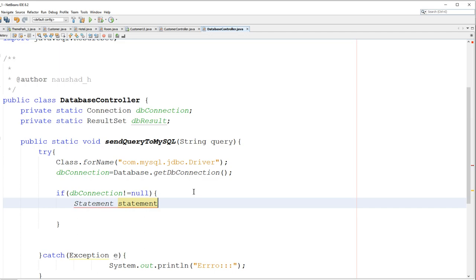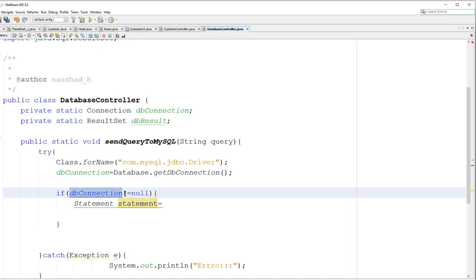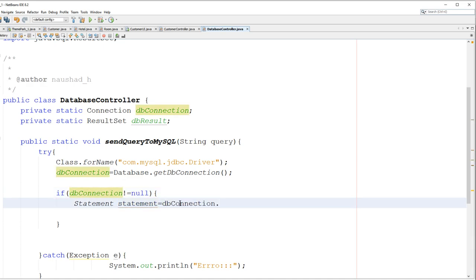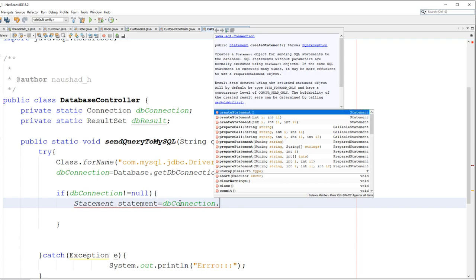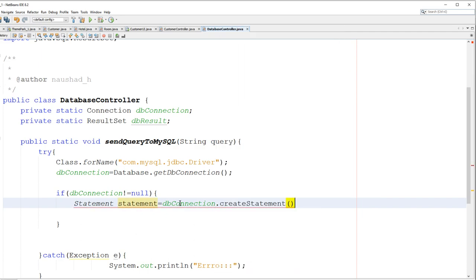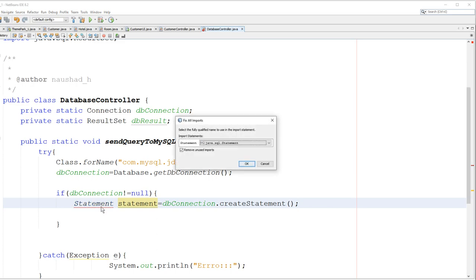So you can send this SQL automatically to the database, and it is going to send the data connection query. So use the db connection, and then this one is important. There are many ways to send this into the database, as a create statement or a prepared statement. For now, just send it as a create statement without worrying much. Here, you are creating a variable to send your query, and then again import